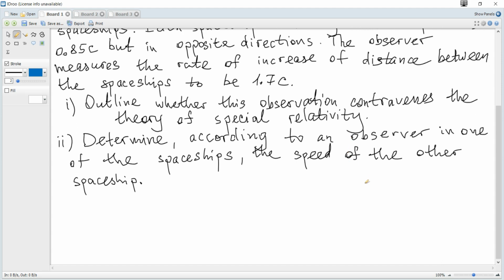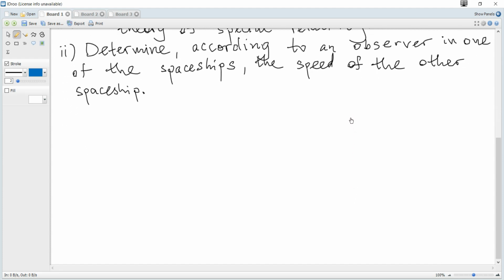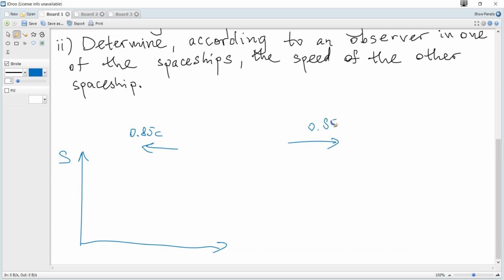The next question. Determine, according to an observer in one of the spaceships, the speed of the other spaceship. So this situation looks like this. There is the Earth reference frame S, and there are two rockets. One is moving to the left with speed 0.85 c and another is moving to the right with 0.85 c,